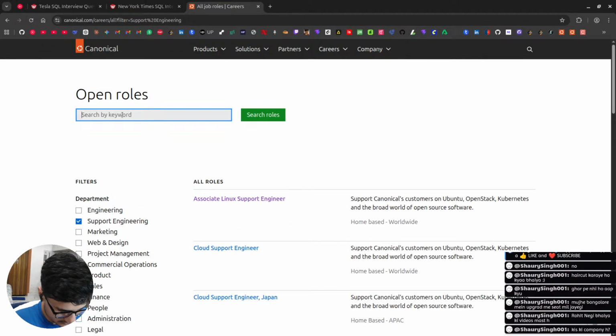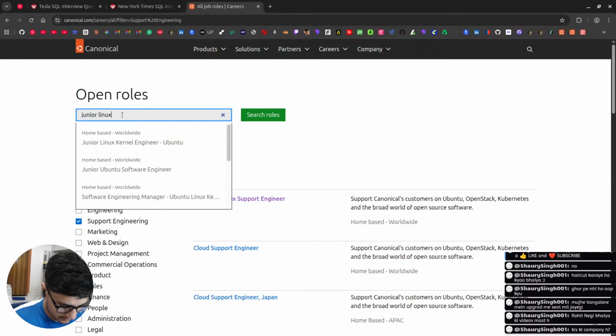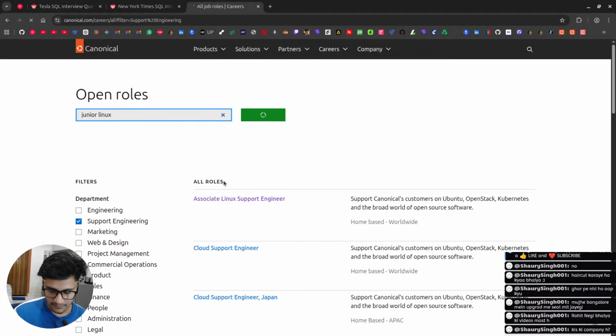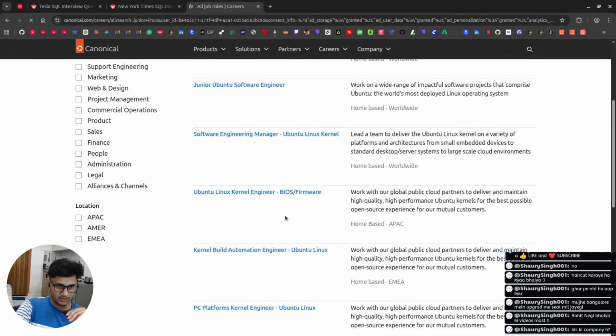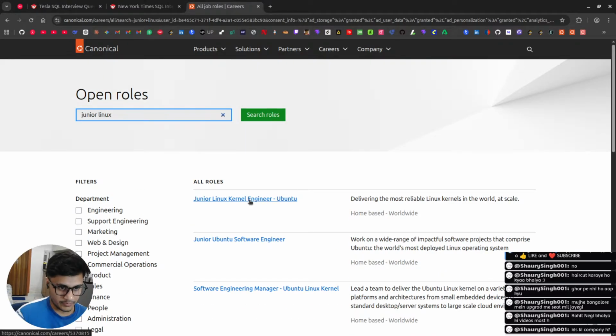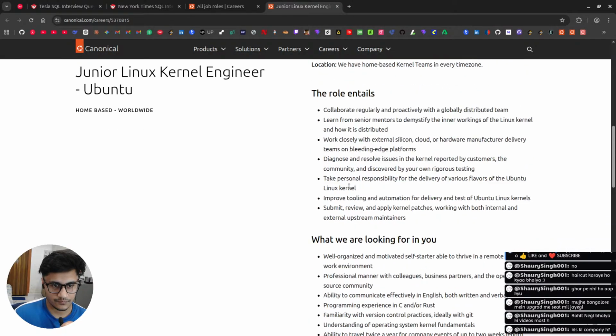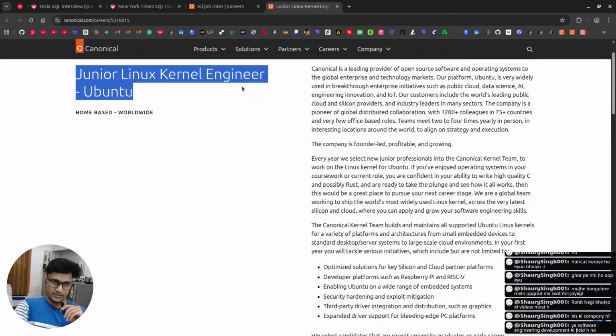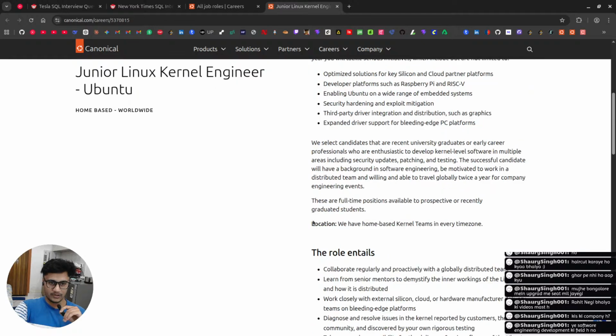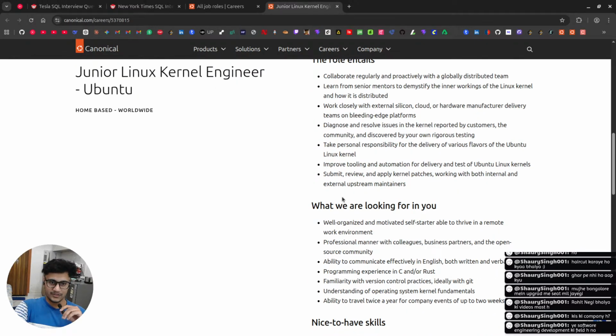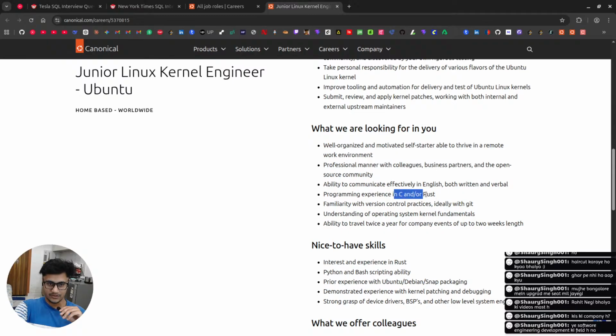सेट बाय कीवर्ड, 1 मिनट। मैं इस रोल के लिए ना थोड़ा सा अभी इतना प्रिपेयर नहीं हूँ। कहाँ पे है, ये देखो ये वाला रोल आया है यहाँ पे। जूनियर लिनक्स कर्नल इंजीनियर उबंटू। तो भाई मन तो मेरा इसमें जाने का है, लेकिन मुझे अभी पूरा भरोसा है कि मैं इस लेवल पे प्रिपेयर्ड नहीं हूँ, और मेरा रेज्यूमे भी इस चीज़ को डिफाइन नहीं कर पाएगा अभी। पहले मेरे को रेज्यूमे बनाना पड़ेगा, एंड देन साथ में फटाफट C++ की तैयारी करनी पड़ेगी। और इनकी रिक्वायरमेंट तो है सी या रस्ट को लेके,